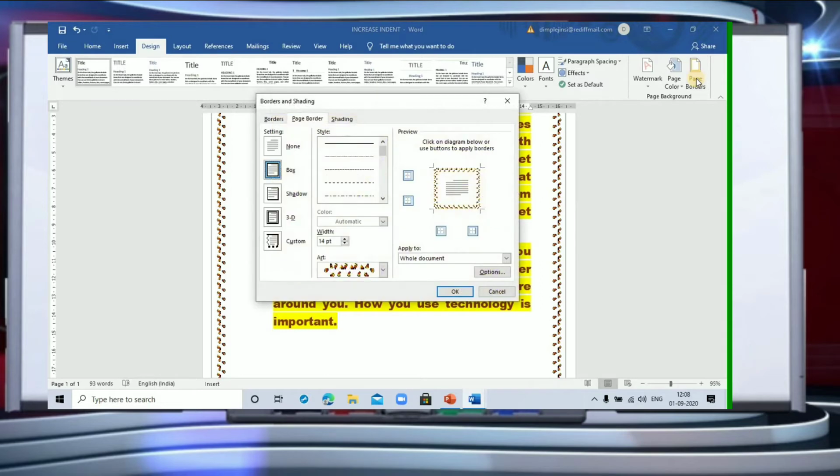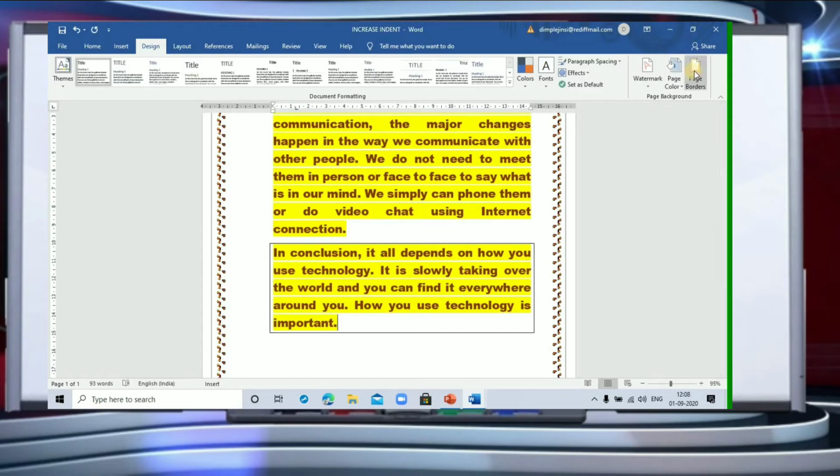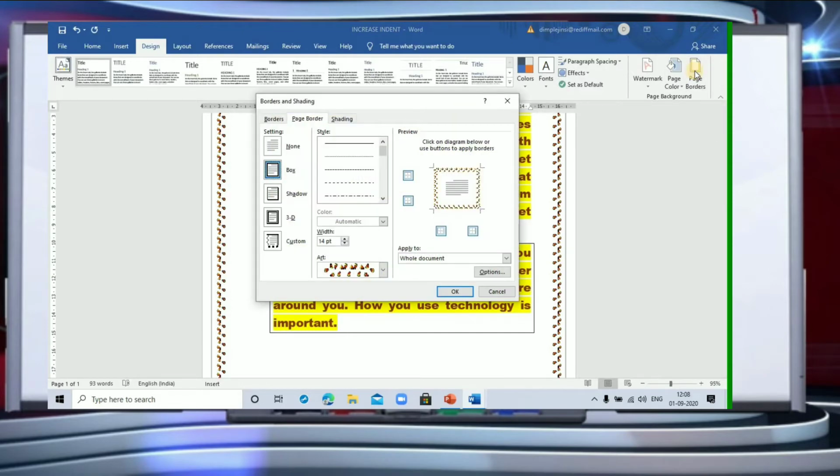We can go to the page border, and you have options here, border. You can have a border across your text. Supposing I'm picking up this border, I'm going to change the width also, and I can change the color of my line. Then maybe I'll pick up this, and I'm going to click on OK. So you will have a border across the text. Similarly, for the page border, right now I have already created one page border. You can see it and it is shown here as well. If you want some other border, you can go here. This is the selected page border.